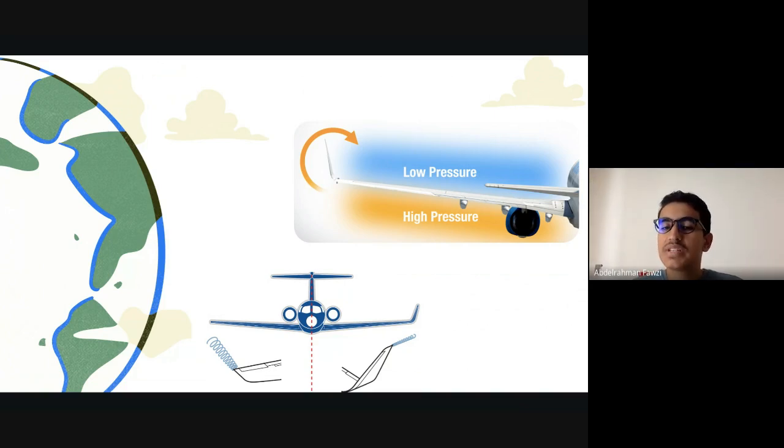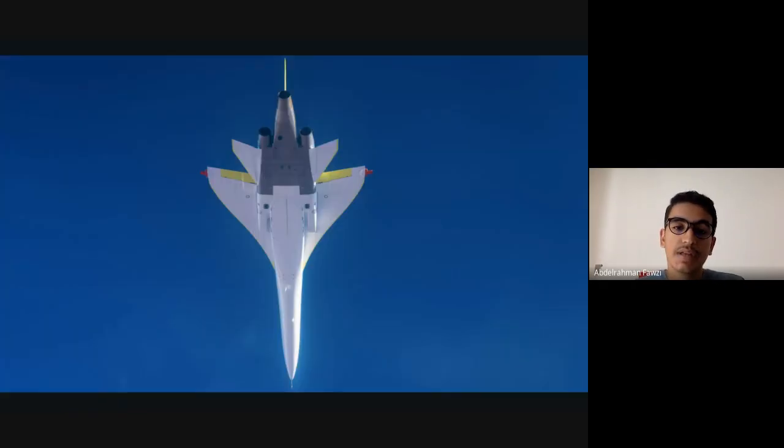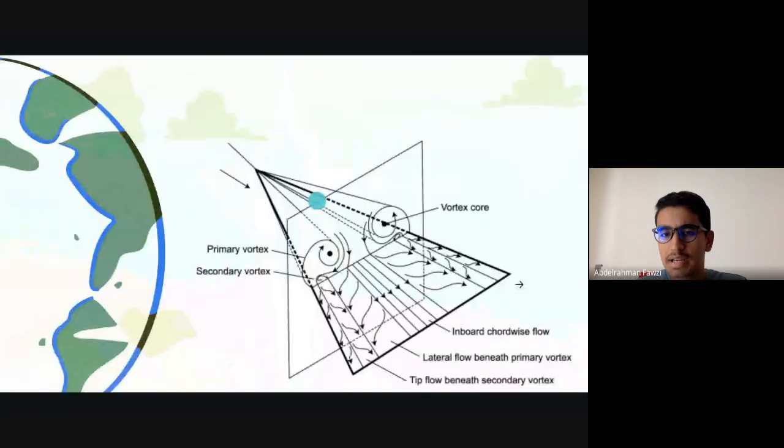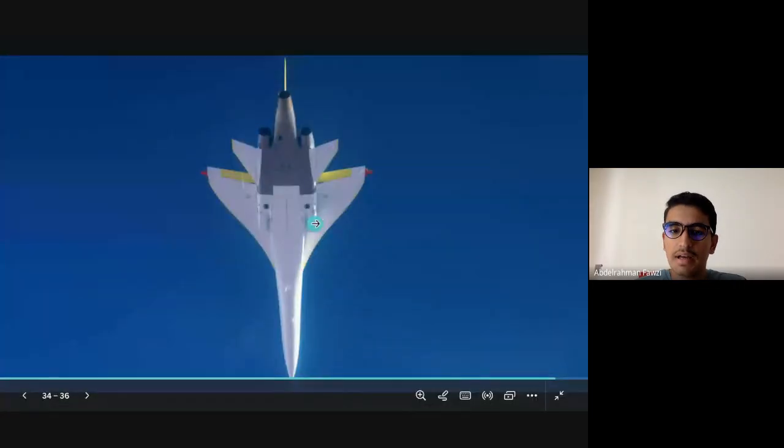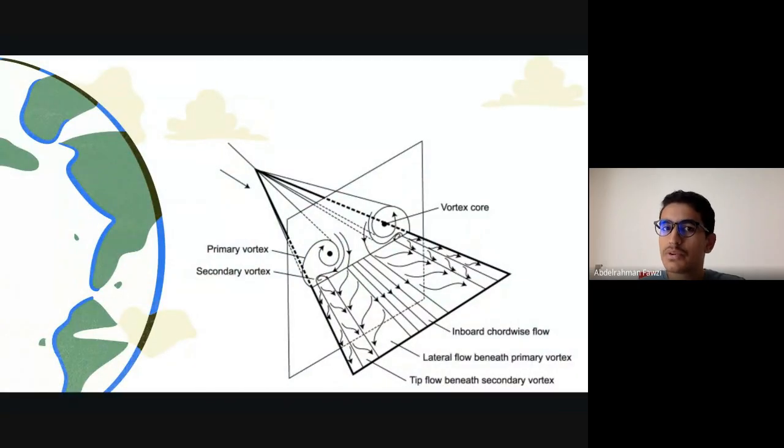And we discussed that the vortex is something bad, but sometimes it is something useful. Why is that? Because if you look at this aircraft, you can find that these wings are very swept back, and they kind of look like delta-shaped wings. So to have a supersonic flight, you need to have sharply swept wings to the back. But this yields a very crucial problem.